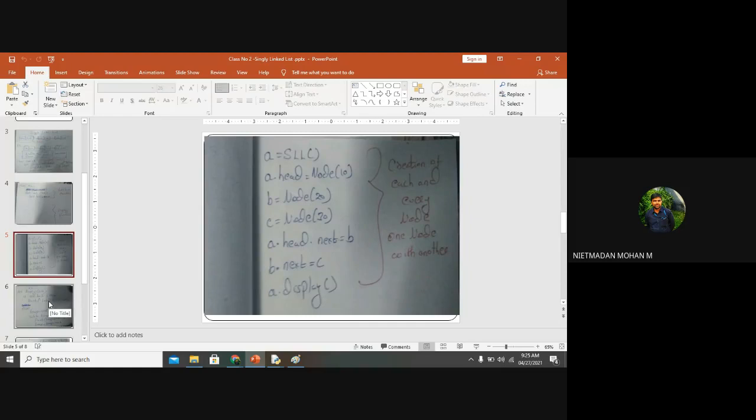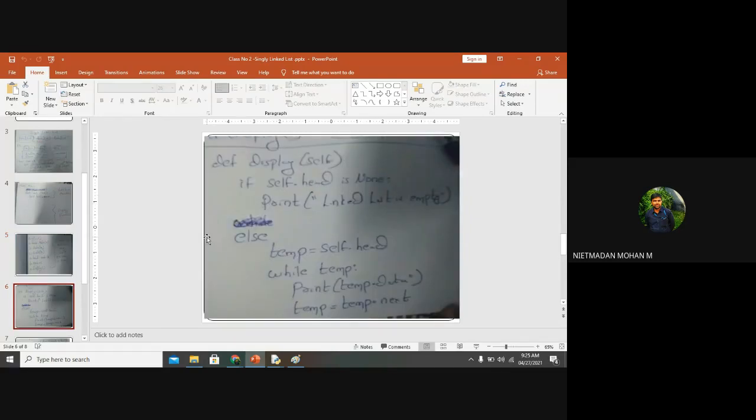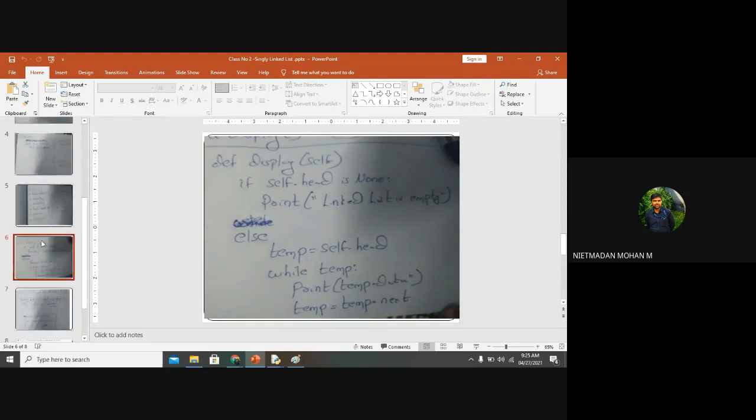After creating the nodes, we want to display them using self.head. The condition will be: if self.head is equal to None, then the linked list is empty. Else, use the temporary variable, assign self.head, and print temp.data, then assign temp.next till the n number of nodes is completed. At the 4th iteration, the while loop will be false and terminated. Clear?